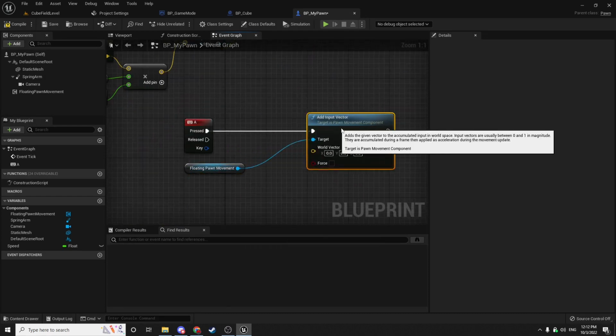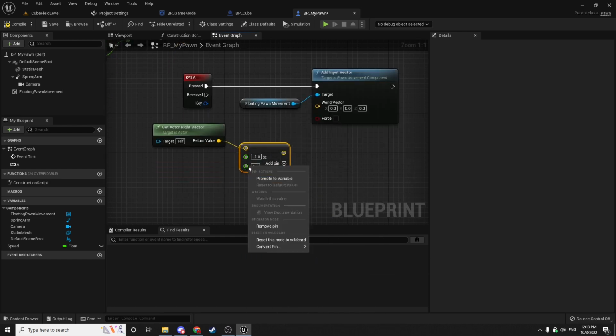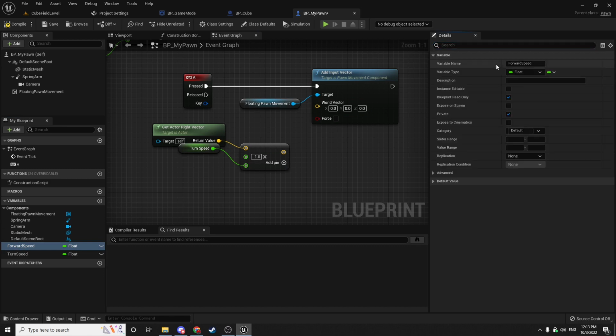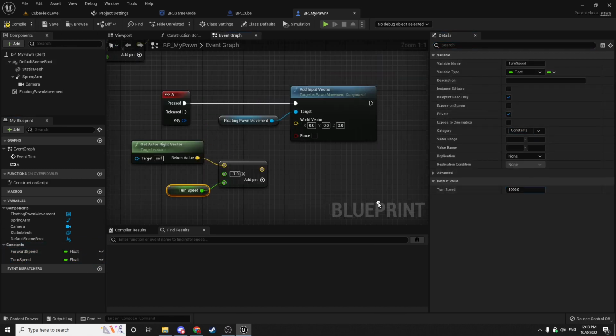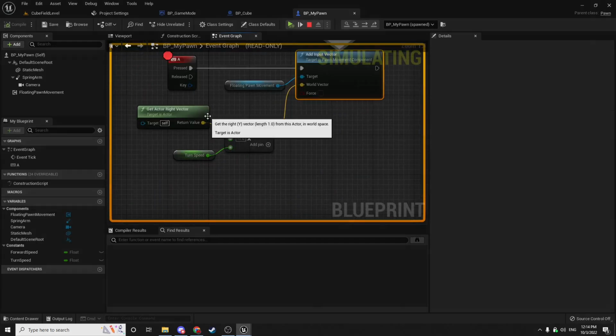And then the next thing I wanted to do was start working on allowing the player to move left and right. So I added a simple A key press here for A is left, and I was going to do D for right. And I switched it over to using a floating pawn movement because I wanted to add a sort of gliding effect. However, you can see here I'm having some